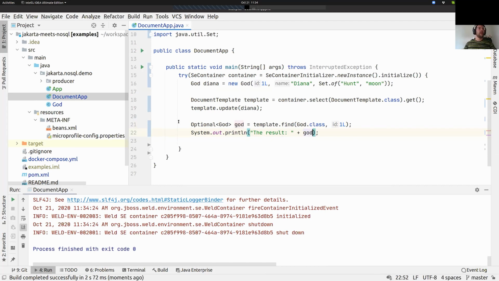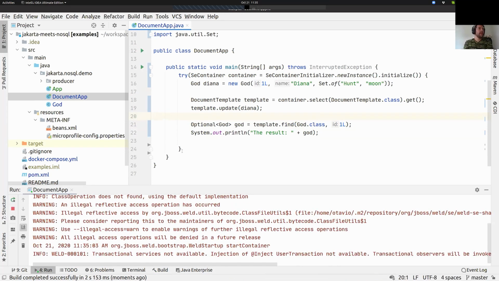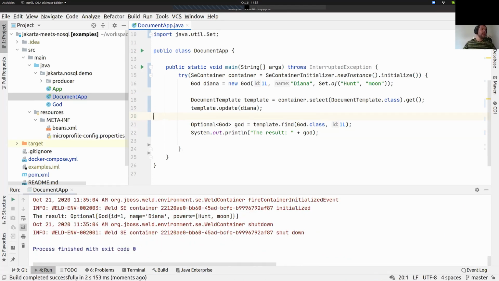And let's do the get here. Let's execute. Execute again. And as you can see, I have my result. One, Diana, the powers. And yes, remember, in the key value, I just have one way to return information that is from